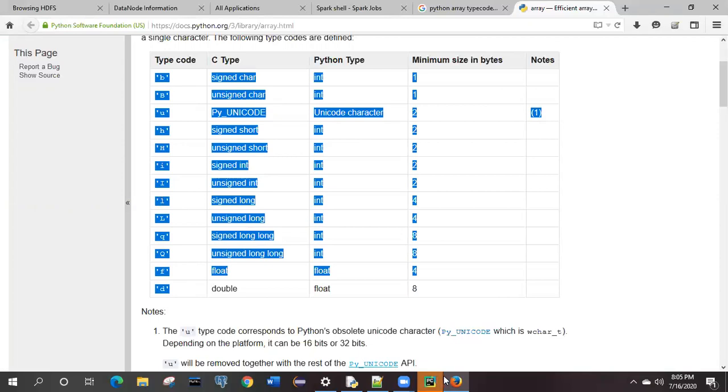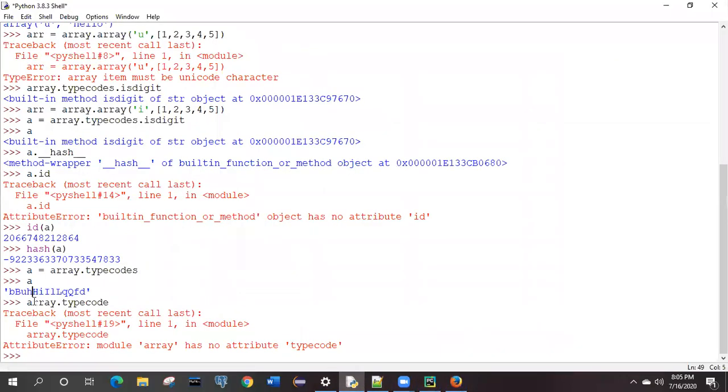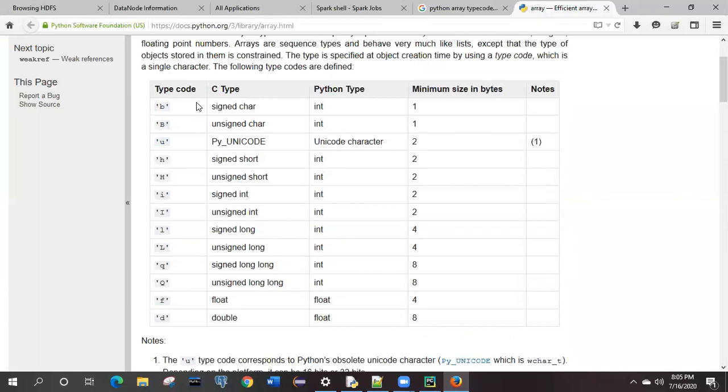13 that we have seen over here just now, right? So totally 13 type codes are available in Python, and there may be questions. I think by looking at this documentation page for Python, you are more clear on what this type code actually is and where we have to use which type of type codes, right? I think there will be no confusion if you look over here.